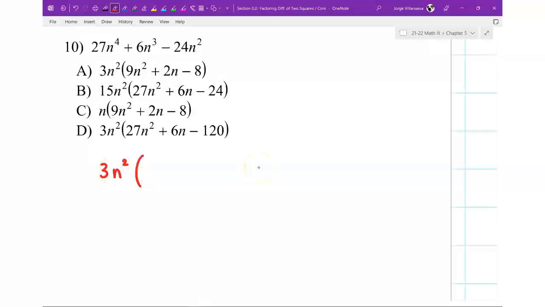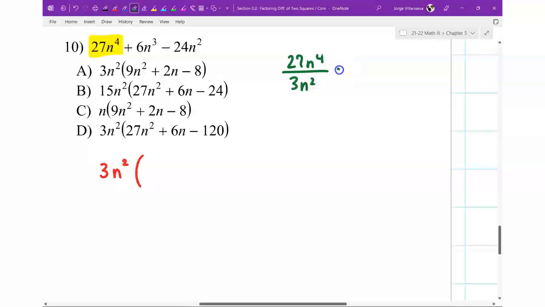So 27n to the 4th, just to show you right here, if I factor out for this one, 27n to the 4th divided by 3n squared. That's what factoring means, divide out by the thing you're saying. 9n squared, because 27 divided by 3 is 9, and n to the 4th divided by n squared is n to the 2nd. 4 minus 2. You get the powers and you subtract them, right? So 4 minus 2. So that's going to be a 9n squared plus,